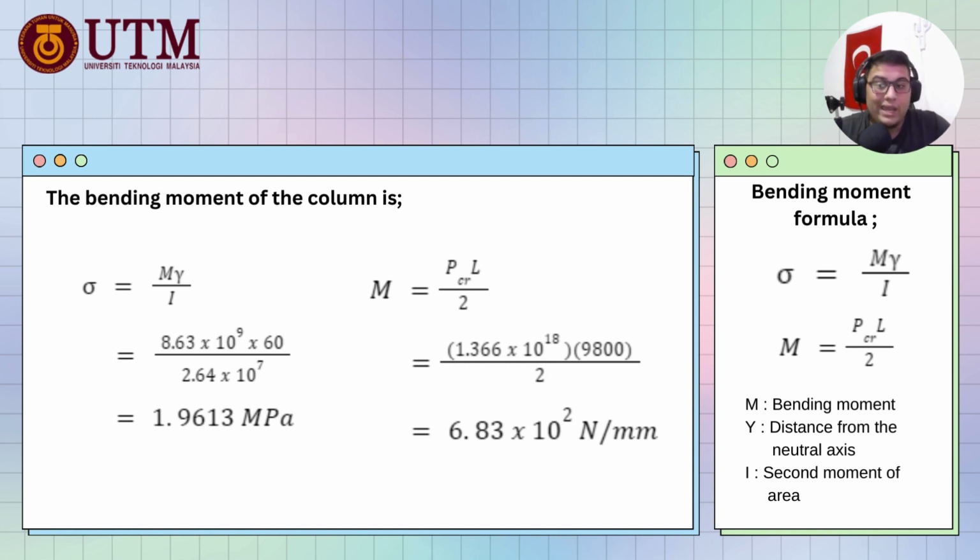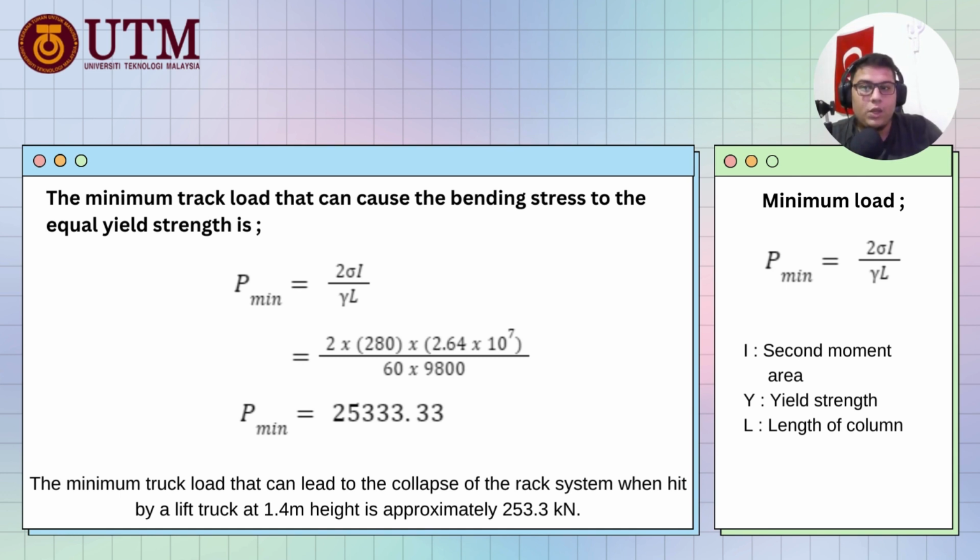For the last step, the column will collapse when the bending stress exceeds the yield stress of the steel. Here in the last step we are going to explain the minimum truck load that can cause the bending stress to equal the yield stress. Now we are going to use the formula on the right side, P minimum equals 2 sigma I divided by yL. After giving the values and calculating all this, the P minimum will be equal to